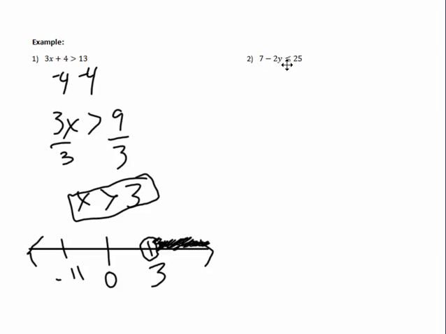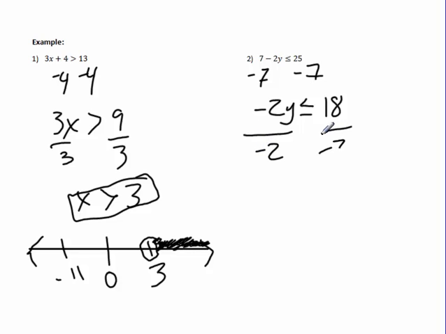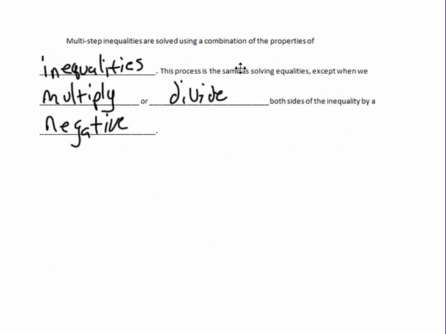Alright, so here for number 2. 7 minus 2y is less than or equal to 25. So take 7 away from both sides. I get negative 2y is less than or equal to 18. And I'm going to divide both sides by negative 2. And now y, wait a second, what did we just say a second ago? We said that it's the same process as equalities except when we multiply or divide